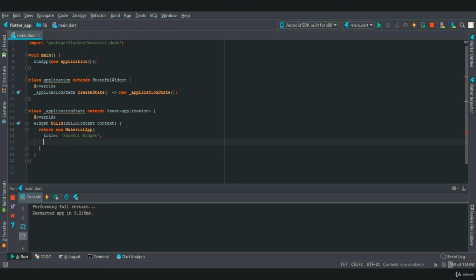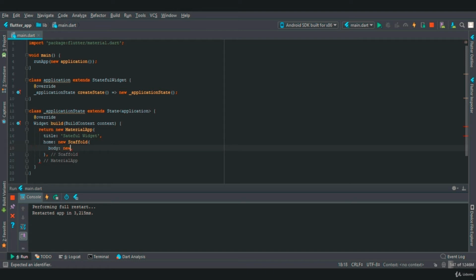We will create one more property which is home, which takes a widget. Here we will provide a new Scaffold widget. In this Scaffold we will provide one more property which is body, and body is a primary property of a Scaffold. In this we can provide a widget.